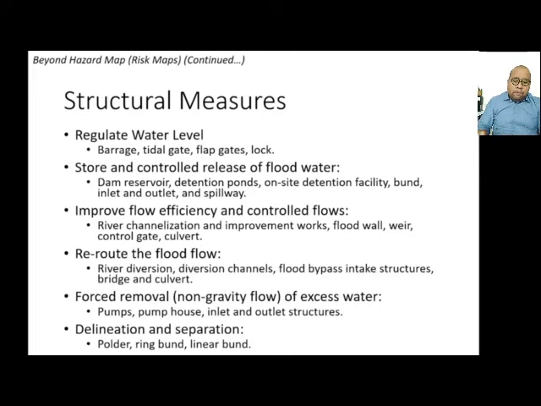For example, you build a barrage. Okay, you have tidal gates, flap gates, and locks. These regulate the water level. And then we try to store and control the release of flood water by having a dam reservoir, detention pond,